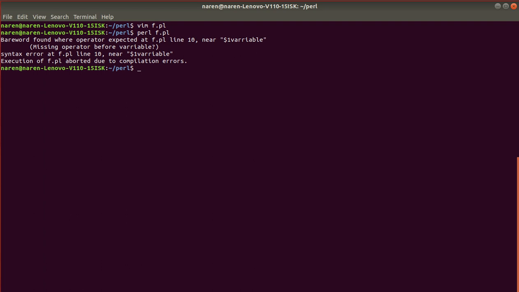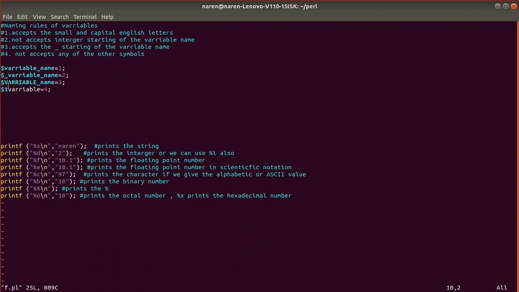So here you are seeing, right, at the 10th line we got a syntax error: syntax error at f.pl line 10. It is due to the naming of that variable. We shouldn't use one at position 1, so we need to remove this one for fixing this syntax error.